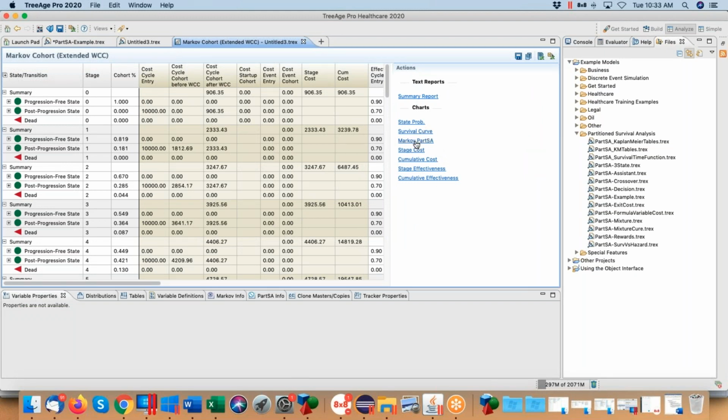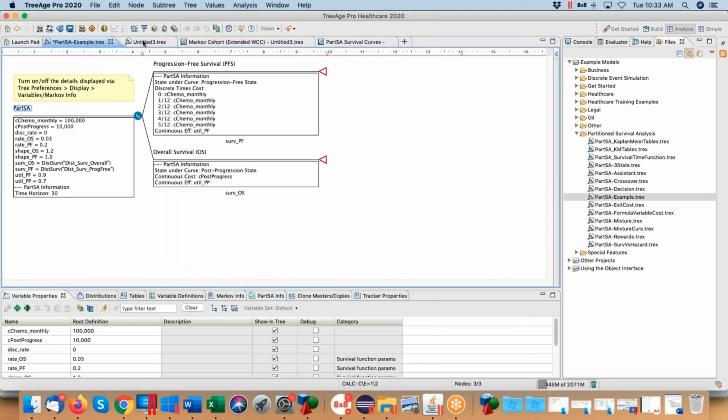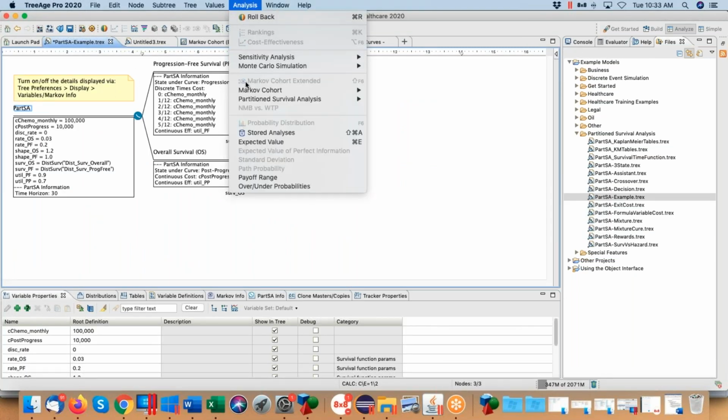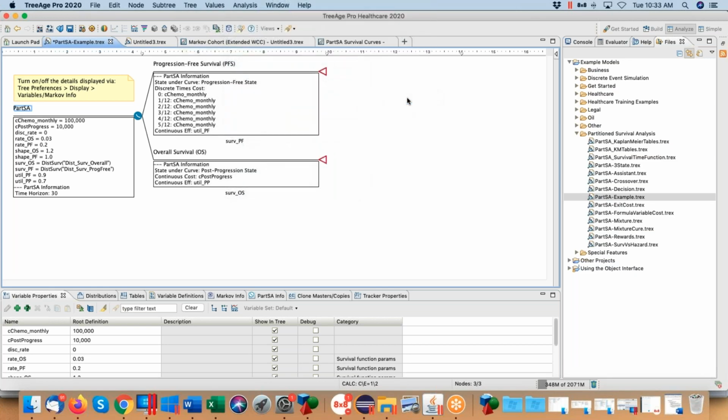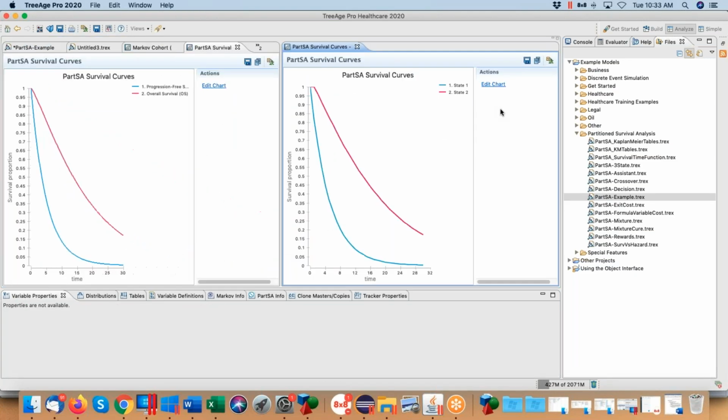And if I generate a Partitioned curve from the Markov, you'll see it should be very similar. It won't be exact, but it should be very similar to the survival curves you get from Partitioned. So here's the one directly from the Partitioned. Here's the one from the converted Markov, and you see they're almost identical. You get this one little delay because you don't have anyone going directly from